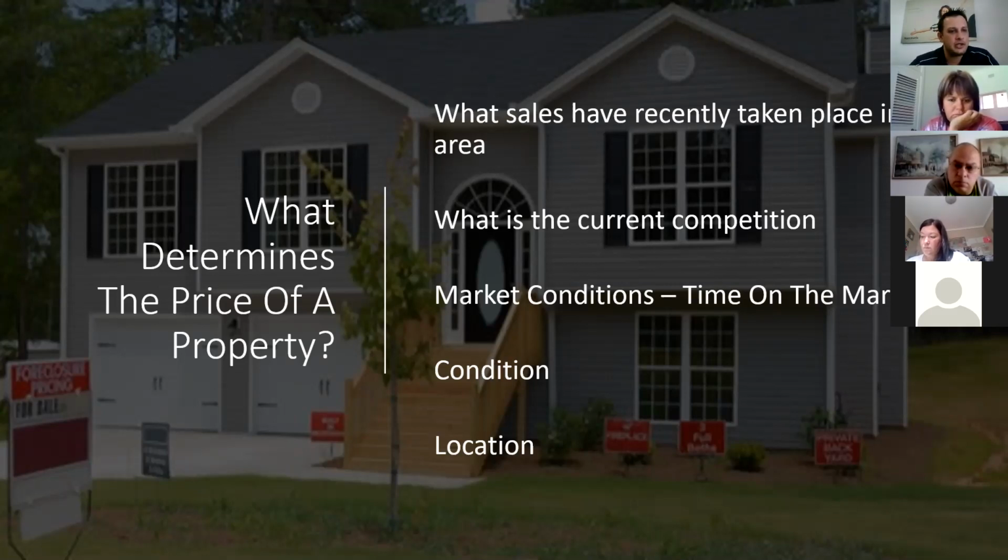Some buyers don't mind doing some work on a property. For myself as an example, I just bought a property in Sunwood Park for 950,000 Rand, and the houses in the same style, same shape, same size, everything, are selling for 1.7. The work needed on the property is quite a bit, but the price was so appetizing that when I put my offer in, I was competing with 12 other buyers. So the condition of the property wasn't great, but the price was in line with the condition. And that's what made it appetizing to the market.